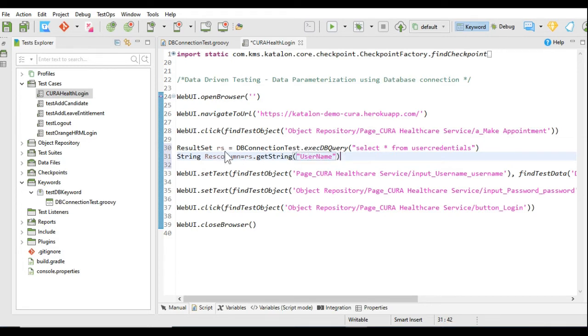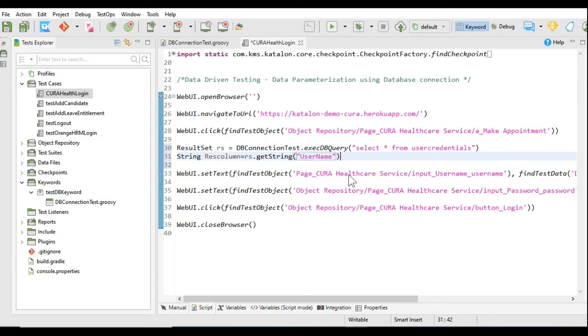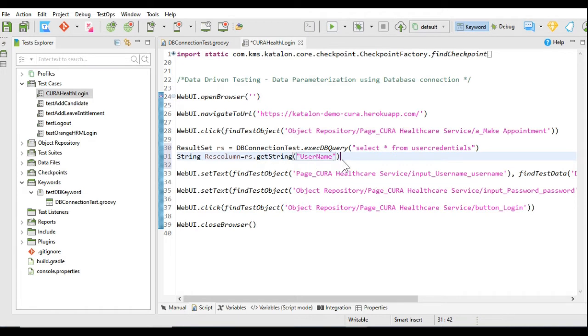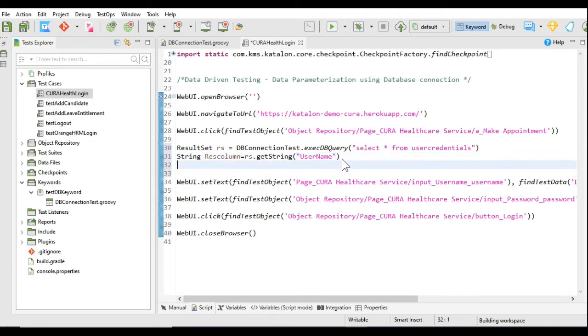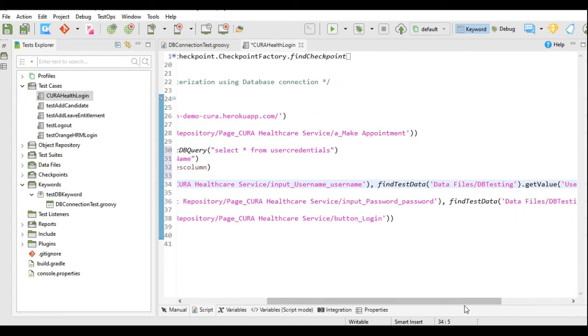What I have done is I have executed a query, select star from user credentials, and I have passed that result of execution to this result set, and in this string res column I have stored the value of this result set column username. I will print this value and I will pass this value to the username field.